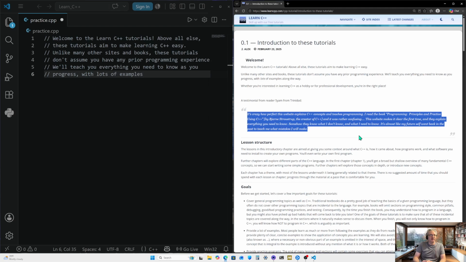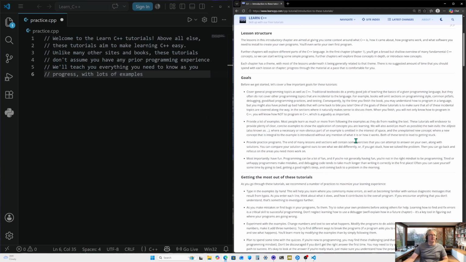More complex stuff would be knowing what libraries to use, building your own libraries, building your own functions, classes, multiple files, that sort of thing. It would be more complex stuff, and then the end result would be basically you becoming a really good advanced or master programmer, starting to create software, apps, games, that sort of thing. So the lesson structure here.